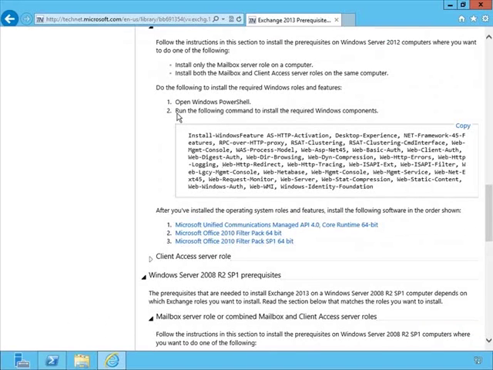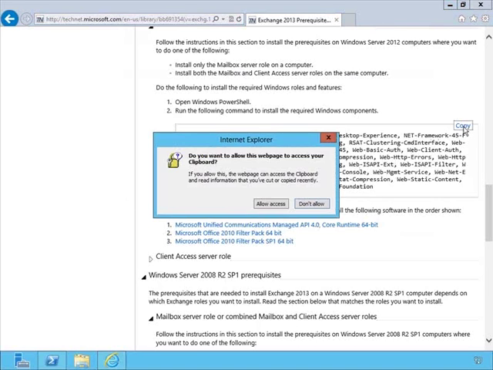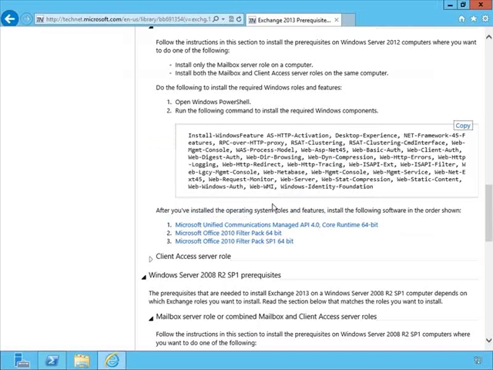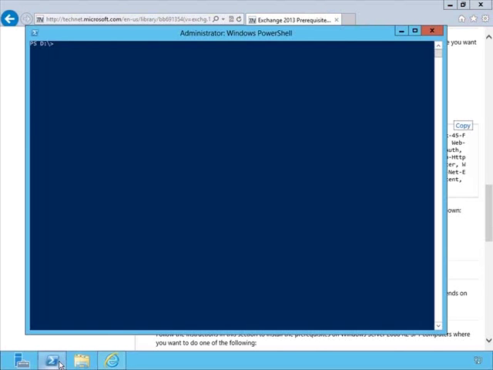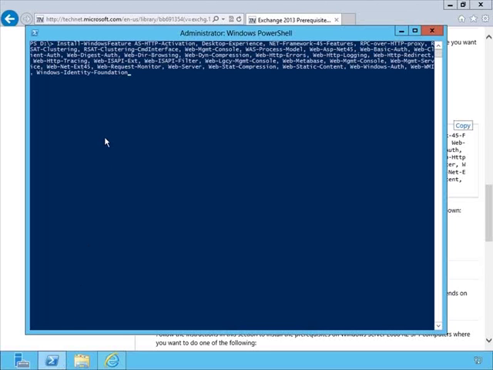So you can see it says Open Windows PowerShell, which we already have opened, and it says Run the command. So all you have to do is click Copy, Allow Access, go back over to your PowerShell, right-click, and it's pretty much all set. There's the command, and you'll note if we go through this, it says Install-WindowsFeature, and you can look